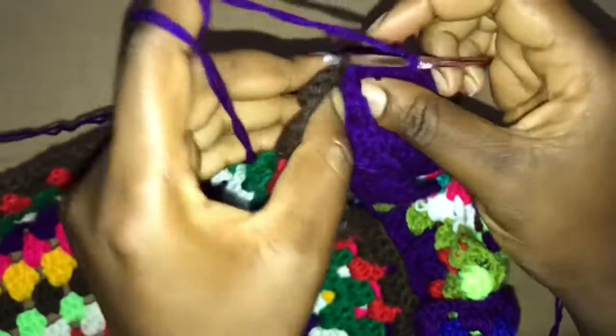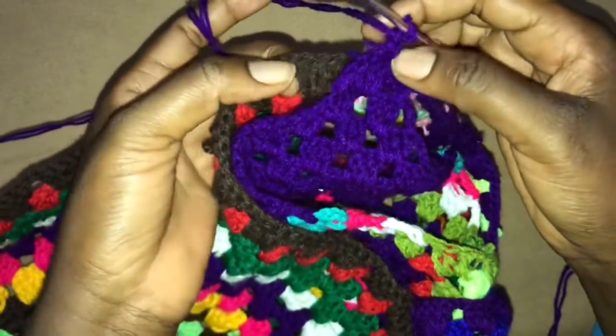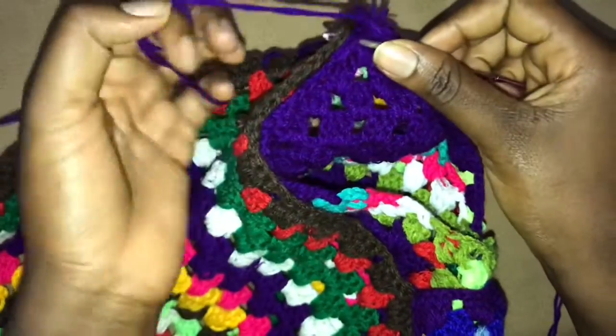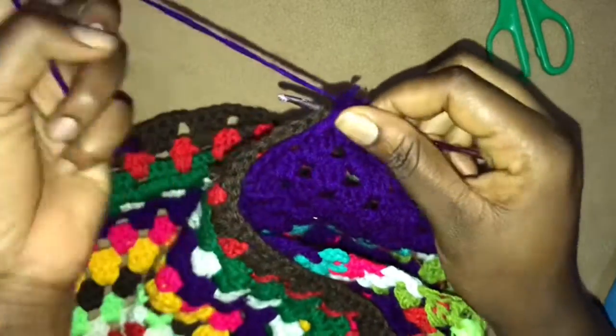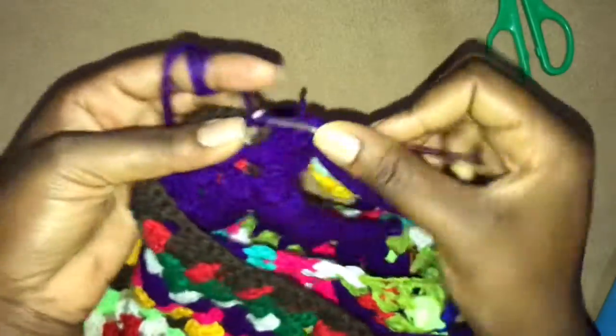Yeah. So you work 3 chains and get these 2 together. Okay, this is what we are going to keep doing all the way until we get down. So we get this and this together and work a single crochet,